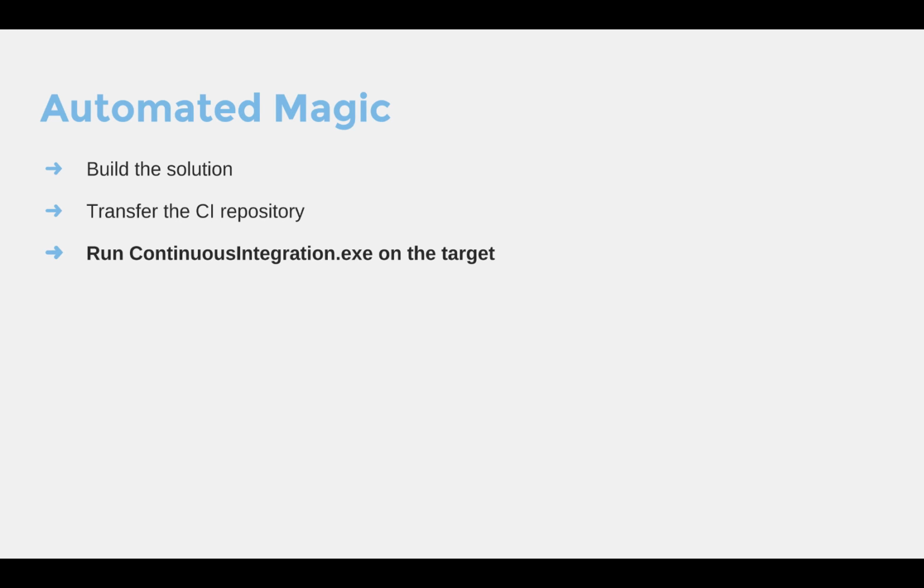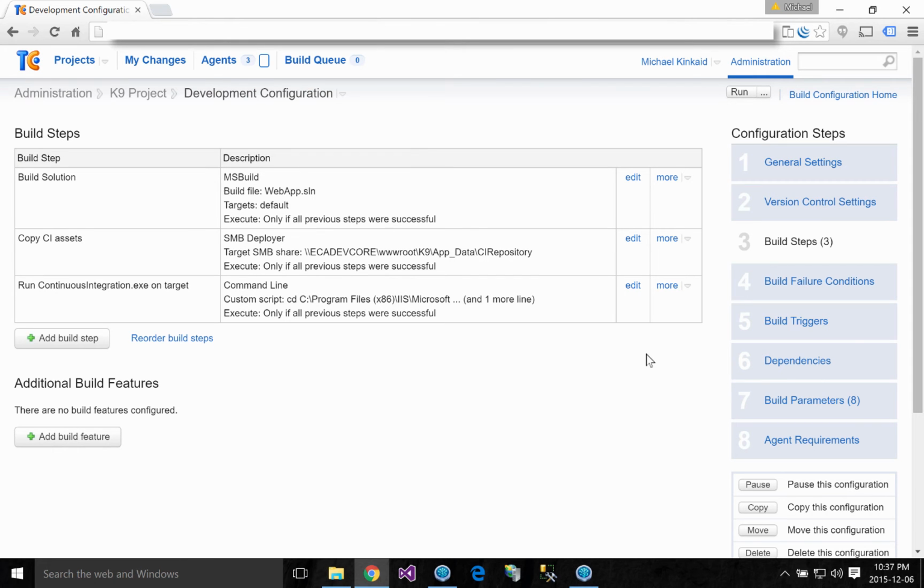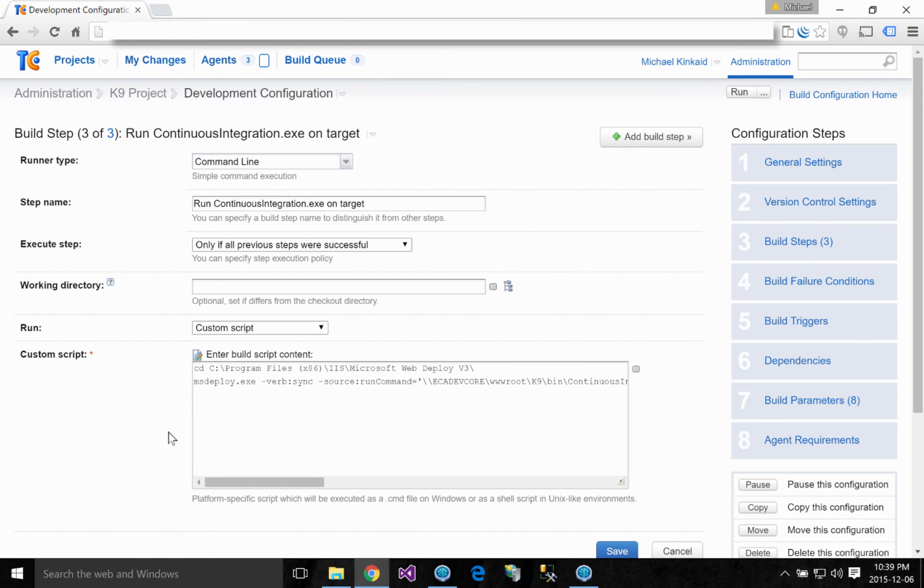Finally, once everything's been pushed over to that target server, we're going to want to run ContinuousIntegration.exe there. We're going to need to do this because, again, this is the only way in which those objects can be deserialized and update the database for that integrated development build. Thankfully, there's a build runner for that as well. What we're going to do is use msdeploy.exe to actually run the ContinuousIntegration.exe on the target. So if we look at the configuration for this build step,